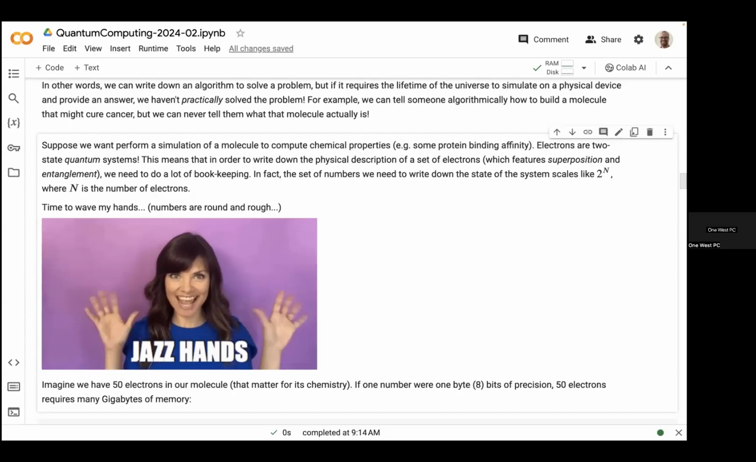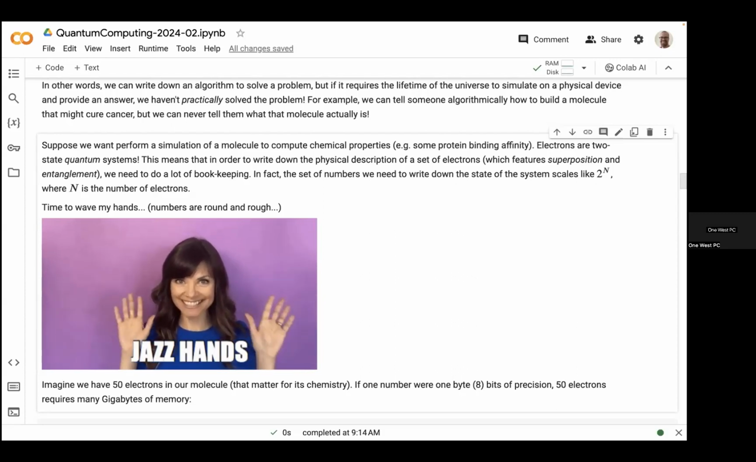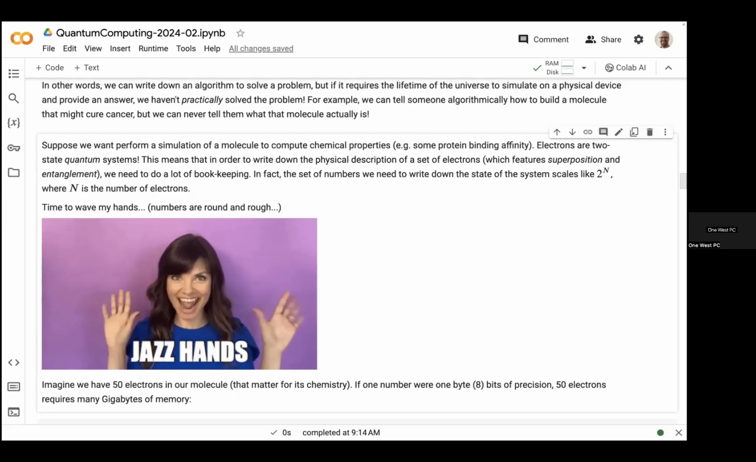So suppose that you wanted to do a simulation of a molecule now to compute some chemical properties, right? Like protein binding affinity or toxicity in humans or something like that. So the electrons in a molecule are two-level quantum systems, right? And this means that in order to write down the physical description of the electrons, we need to use superposition